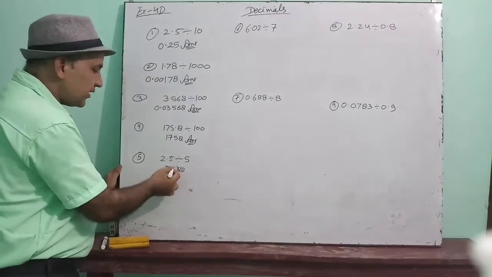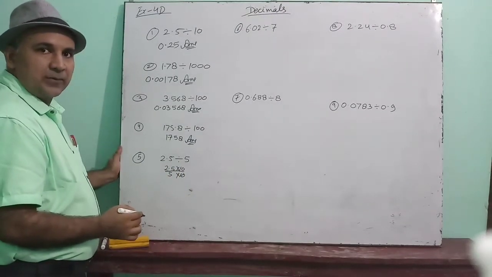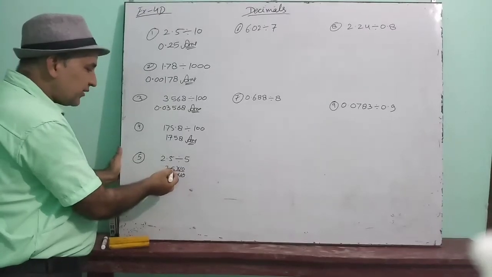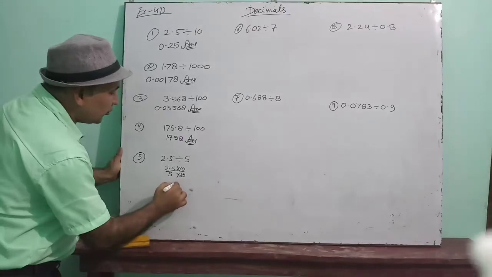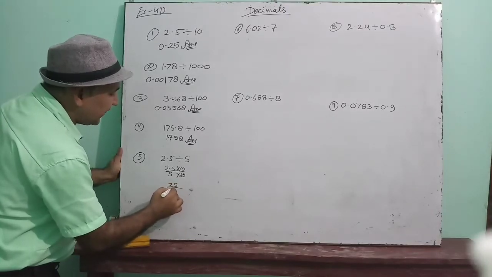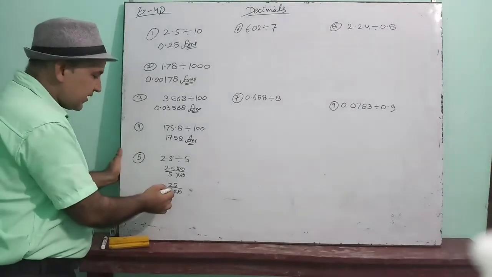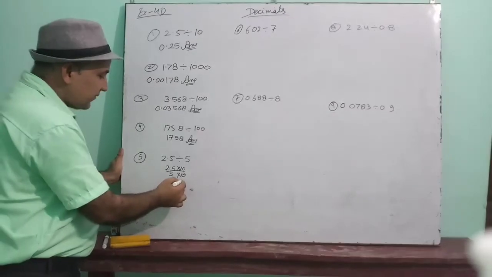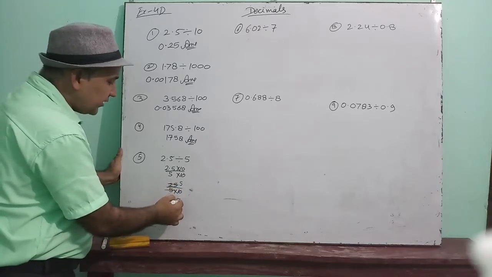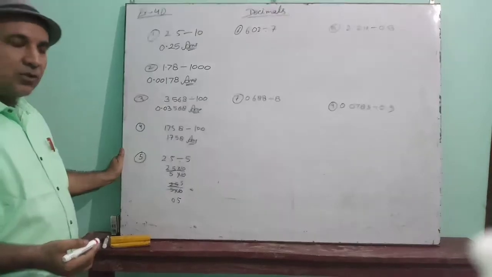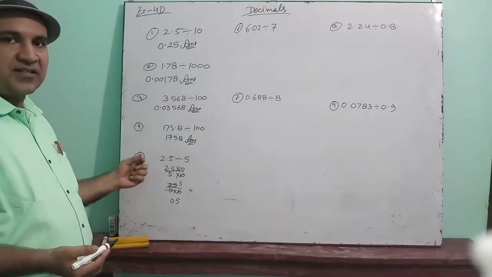And when something is multiplied in the numerator, then in the denominator also the same number is multiplied. 10 is multiplied in the numerator, then 10 is multiplied in the denominator also. Now 2.5 into 10 will become 25 upon 5 into 10. Now our division will become easy. 5 dividing 25 is 5, and when 5 is divided by 10 it will become 0.5, because when 10 divides any number the decimal shifts 1 digit left-hand side.